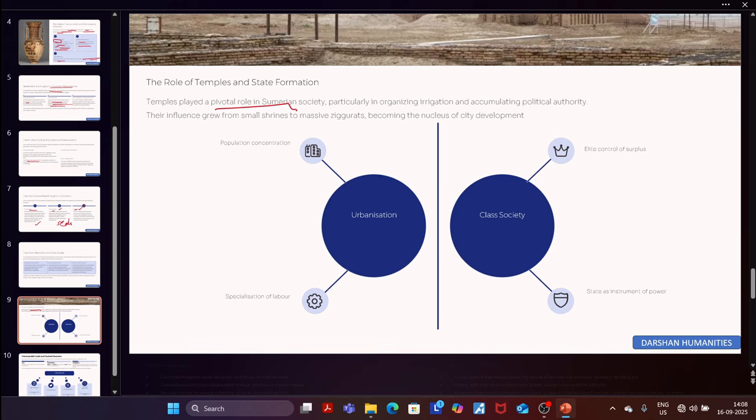The temples were instrumental in organizing irrigation, specialization of labor, and population concentration, which led to urbanization and, obviously, class society. Temples were instrumental in organizing irrigation, which was a complex task, owing to the fact that the region's